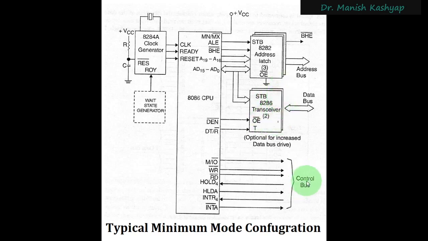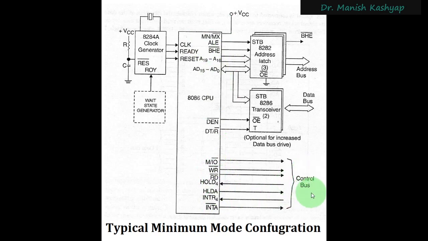And of course, in the minimum mode of operation, as we have discussed, we will have all these signals: memory slash input output bar, write, read, hold, acknowledge, then interrupt signal and interrupt acknowledgement signal. So this is what we mean by control bus. It is not actually a single entity, but a combination of various signals. All of the pins that you see here are not drawn in order of their appearance on the hardware IC. They are drawn in some logical order. So I have grouped all the control signals together and called them a control bus.